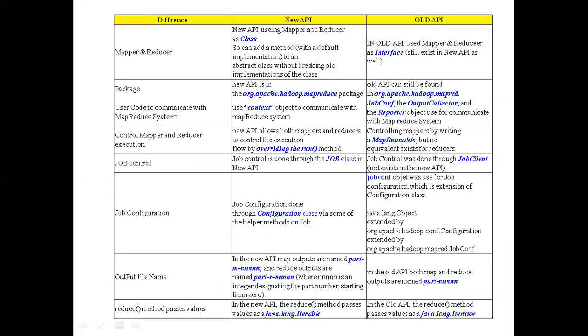Next, we come to the MapReduce API, the Java MapReduce API. There are two types of APIs available in Java for Hadoop MapReduce. One is called the new API, the other is called the old API. The earlier one, used at the time of the invention of Hadoop, is called the old API. Later, that old API was modified and a new API was developed in Java to use with Hadoop. Nowadays, we follow the new API only.